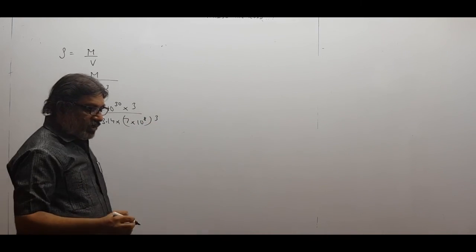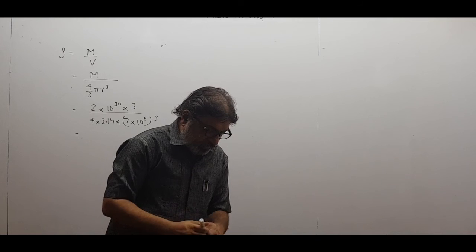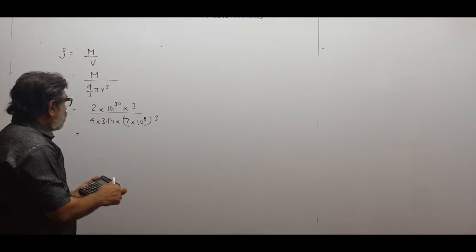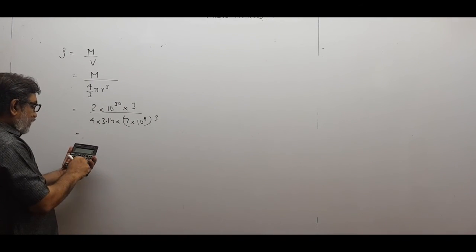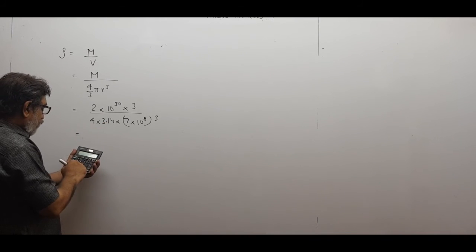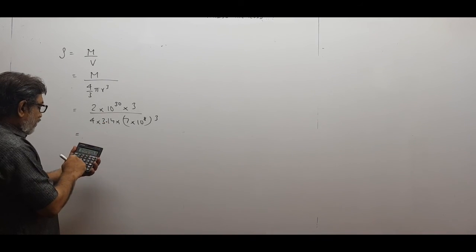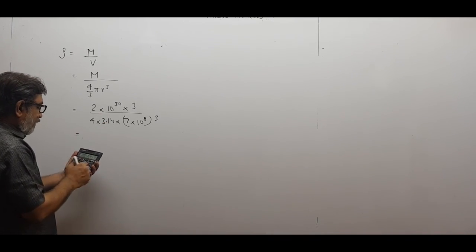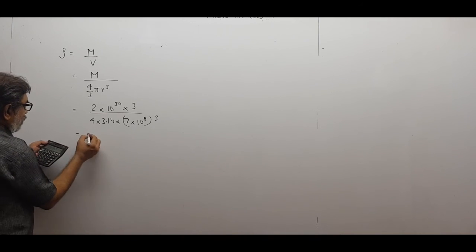So let us find out, children, what is the range. 2 into 3, that is 6. 6 divided by 4, divided by 3.14, divided by 7 three times. So this comes out to be